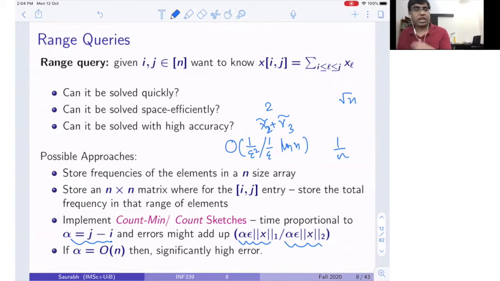So you cannot just go and add up these things. I could have run this count sketch with epsilon fixed at 1 over n, okay? But then my space has already taken order n squared log n or order n log n space. So that's not a good idea at all. And if I just chose a small epsilon, then it just adds up. So there are simple solutions, but all of these simple solutions have some difficulty.